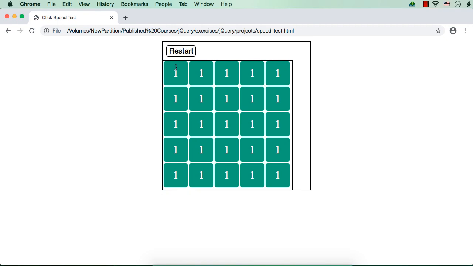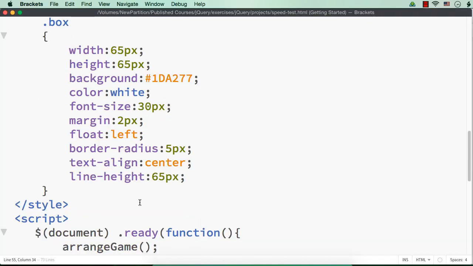Now we have the required elements on our web page. Next we want to add numbers from 1 to 25 at random positions. So before that, let me remove this number 1 which we have added to see the effect, that is the styling part, and also the border for the container and the main div element. So let me do that first.